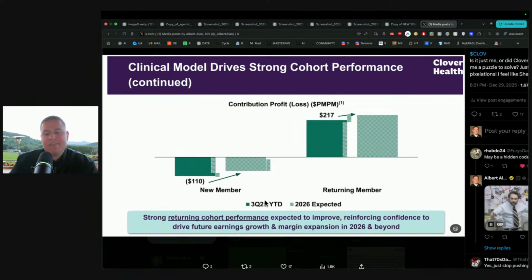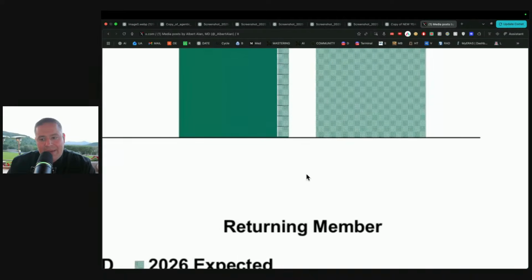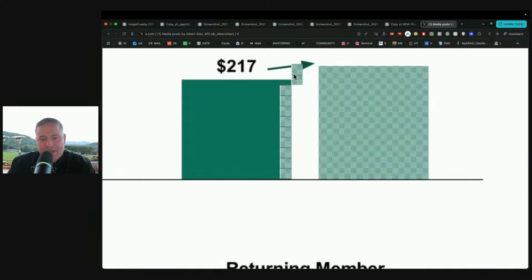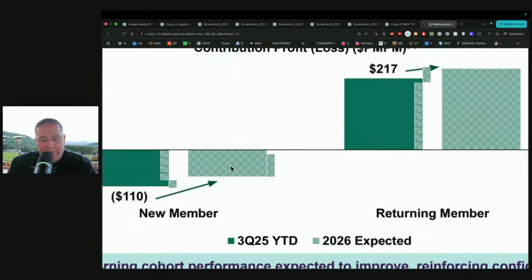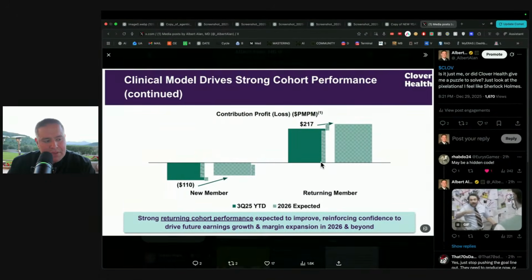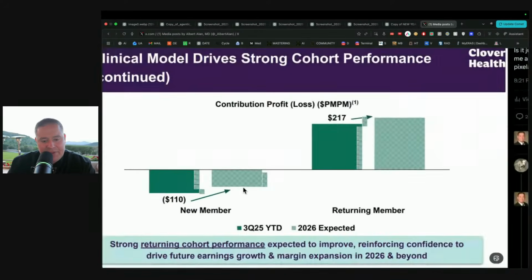And it's a shame. It's this year to date. I don't know if this is going to be worse or not, but they gave us the year to date, and then they gave us the 2026 expected. But what's weird is they gave us this pixelated box. So I said, well, maybe I could go ahead and count these boxes and then be able to estimate, because I was very clear that they put this in Excel. They obviously put a number here. This is a numerical value. This is a graph. So I was like, well, if that's the case, then can I just kind of count these boxes up to figure this out?